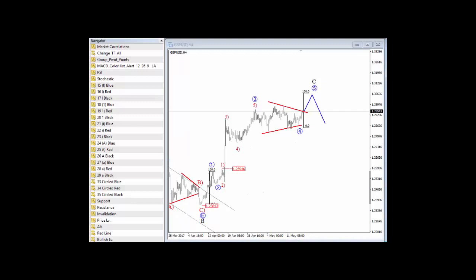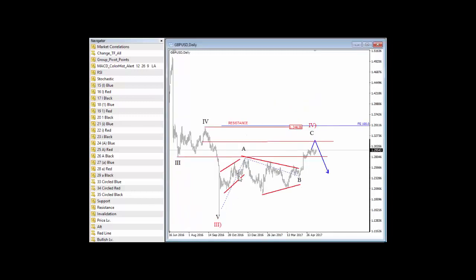Cable, as we said, is trading in wave C of this wave 4. I'm looking at some resistance levels here, and it looks like the pivot point of this previous wave 4 can be triggered before the market may turn to the downside. I would not be surprised if we see a test of this level right there, which is actually a termination point of wave 4 of a lower degree. But notice that wave 5 here was very extended, quite strong.